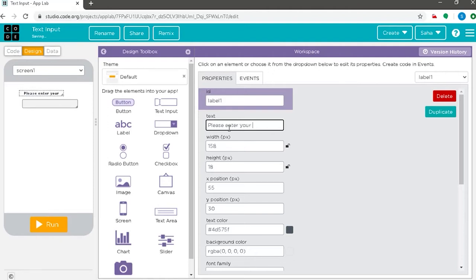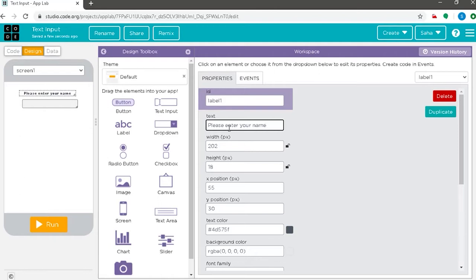As we change the text settings on the properties tab, you can see that it changes on the visualizing section too. So we have informed the user that they should be entering the name in the text input.